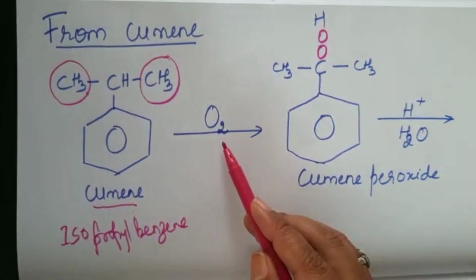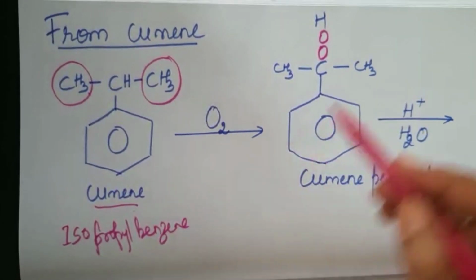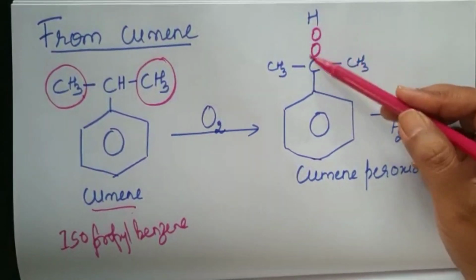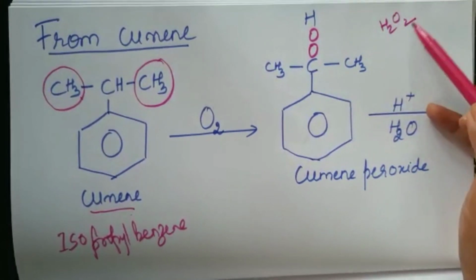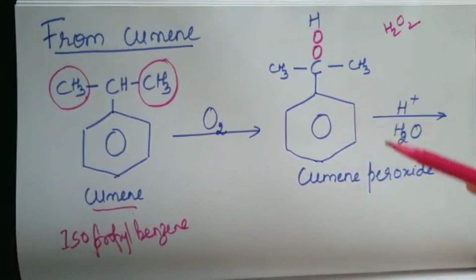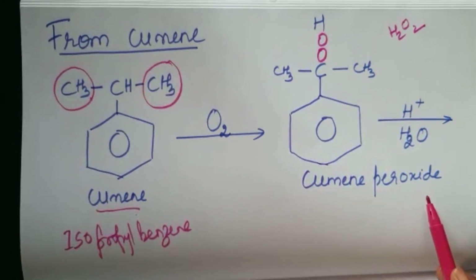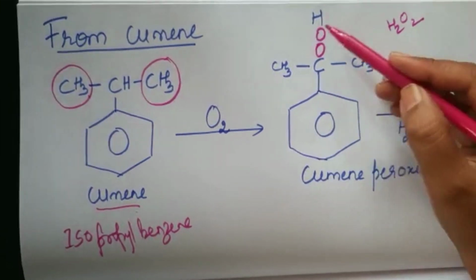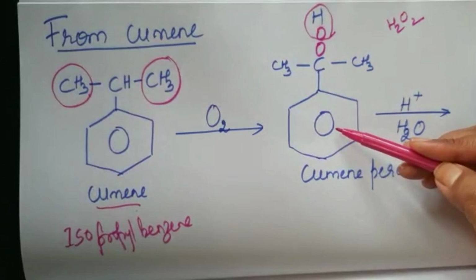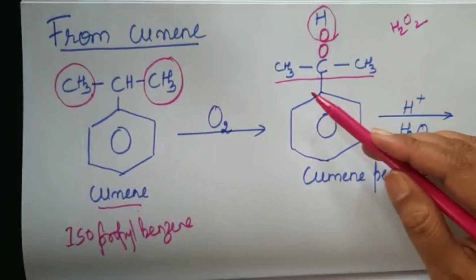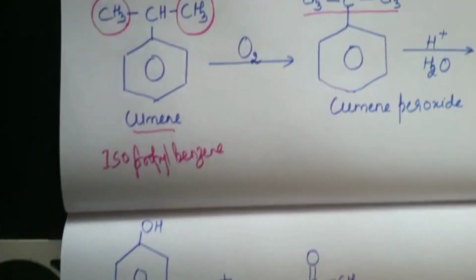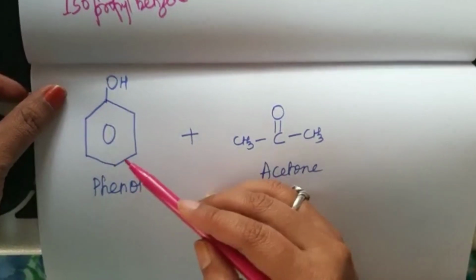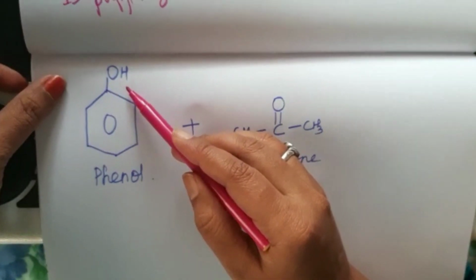Cumene on oxidation. When we add oxygen to cumene, oxygen gets added here between carbon and hydrogen. And when you have 2 oxygen atoms, what is this? This is hydrogen peroxide. So it should be called cumene peroxide, which on hydrolysis gives phenol. I should just add an OH group to this benzene ring and remove everything else. So I have removed CH3, C double bond O, CH3, which is a ketone. So what is left out? To the benzene ring, an OH group is attached.